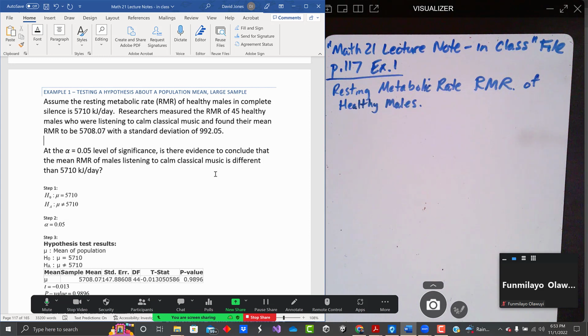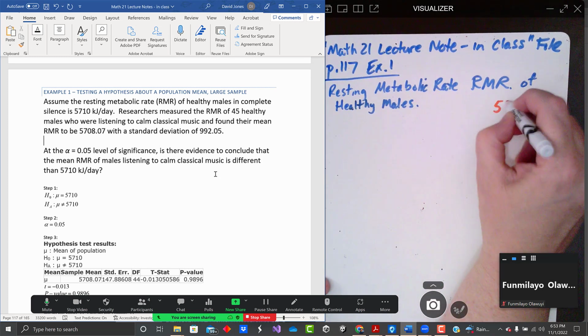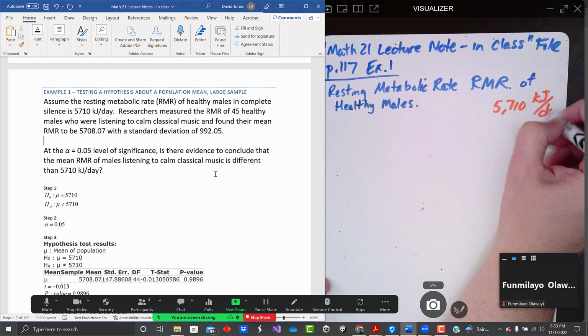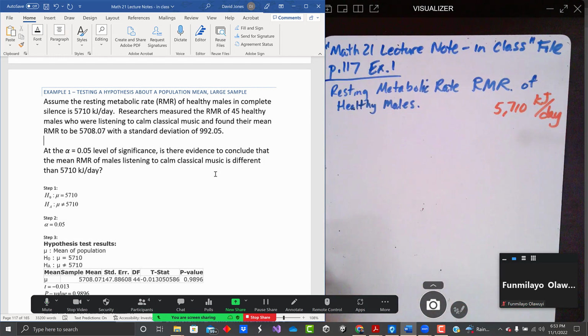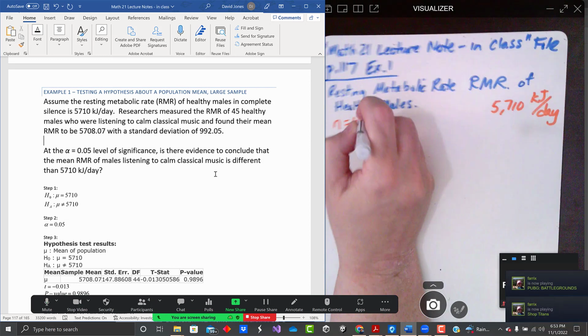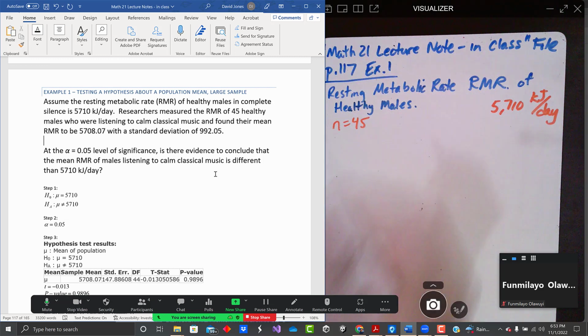Researchers measured, so I'm going to write that down. I don't know what it is yet. So 5,710 kilojoules per day. Researchers measured the RMR of 45 healthy males. That sounds like a sample size. Males who were listening to calm classical music and found their mean RMR